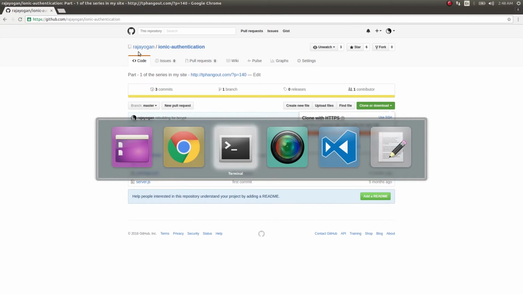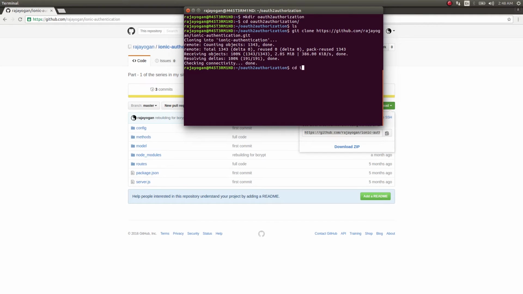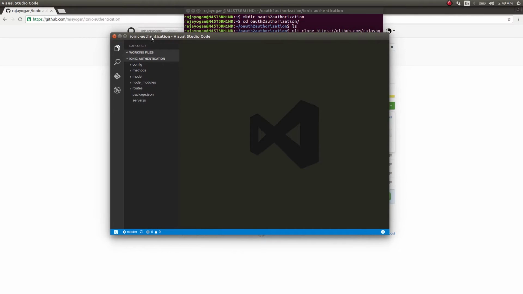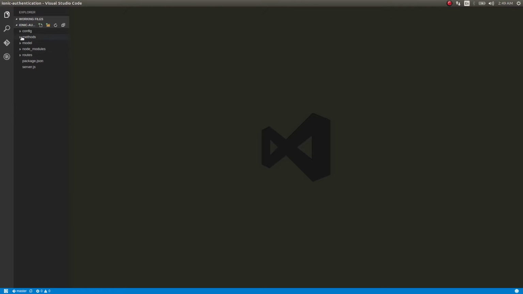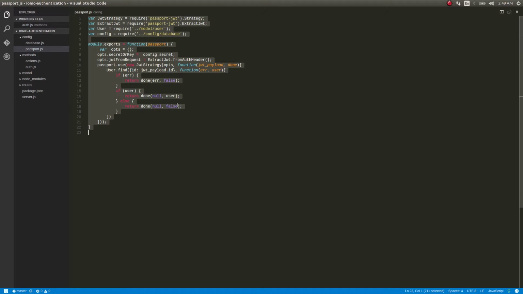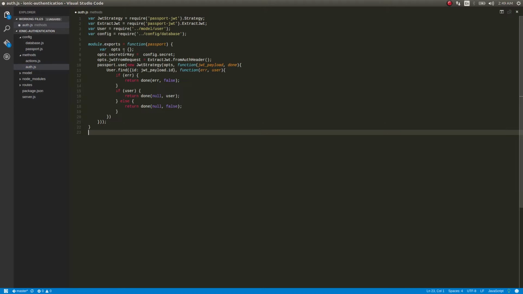Okay, this is done, right? We'll open this up in our code editor. First of all, let's do some basic reorganizing, guys. We'll create a new file called auth.js here, and then inside this, we'll open this up, copy this, and paste it.